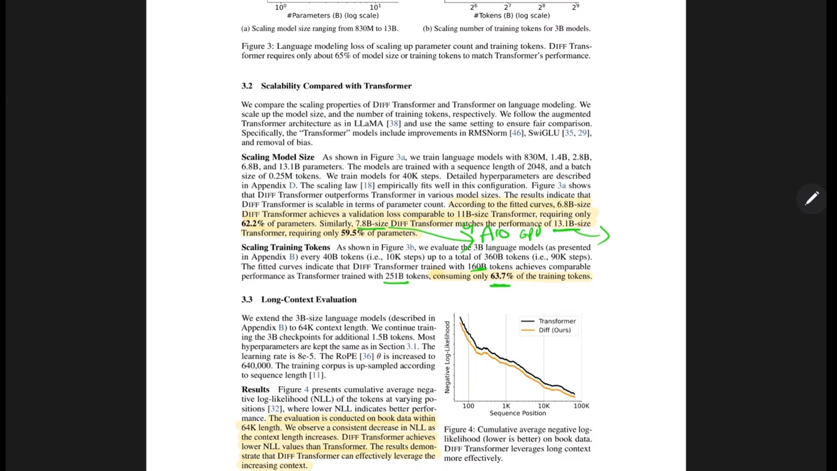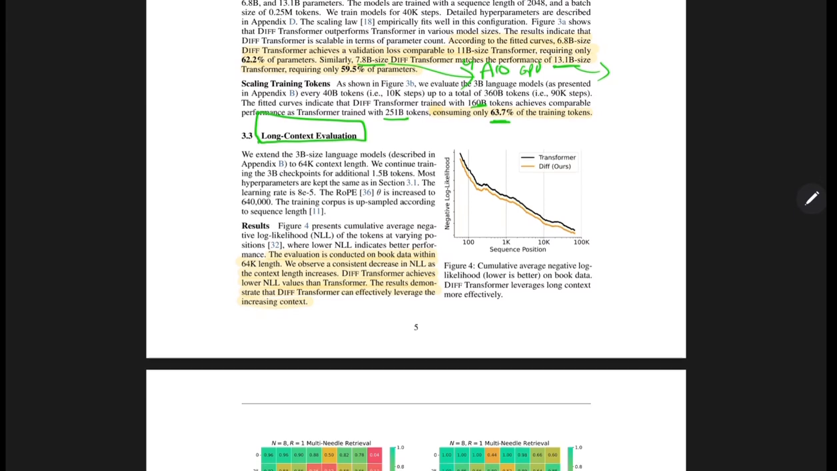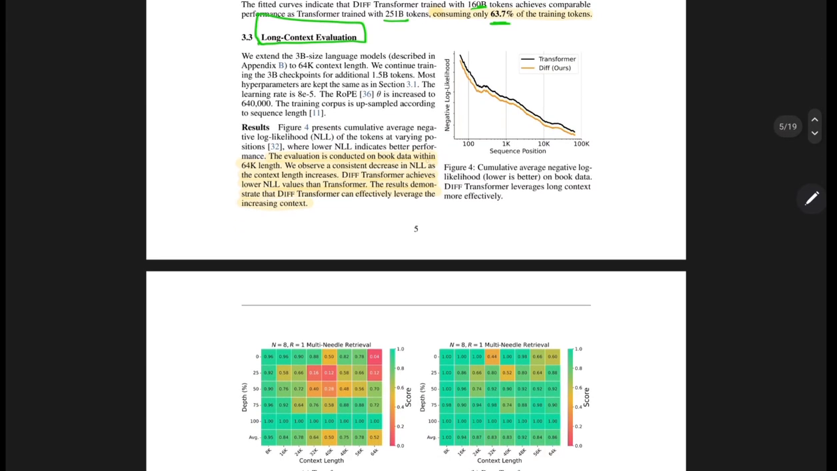Just see, guys, a 63.7% difference is there. It's a very huge difference, because you have to train on 63% fewer tokens and you are still getting the same results. Similarly, for long context evaluation, this can help the RAG people a lot. That evaluation is conducted on book data within 64K length, because they have extended the 3 billion language model size